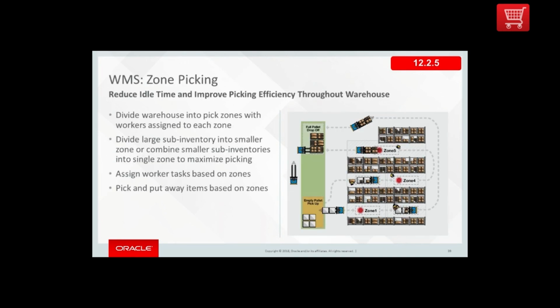Another very productive feature that we added is zone picking. So again, increasing your productivity in the warehouses. Many warehouses are divided into different zones for efficient picking. In earlier releases, our dispatching logic really did the task only at the sub-inventory level. But this new feature enables your operators to sign into a zone and filter those tasks just for that zone,